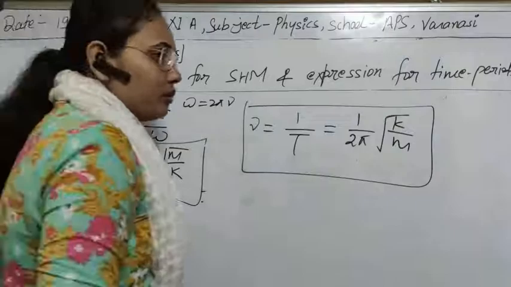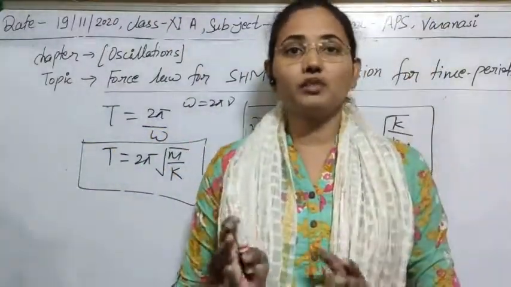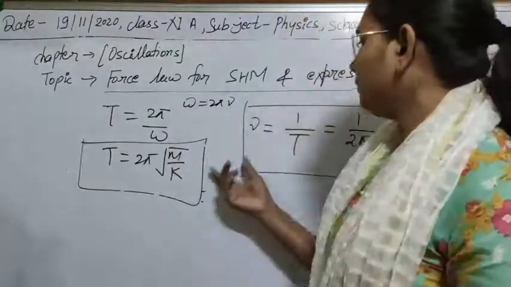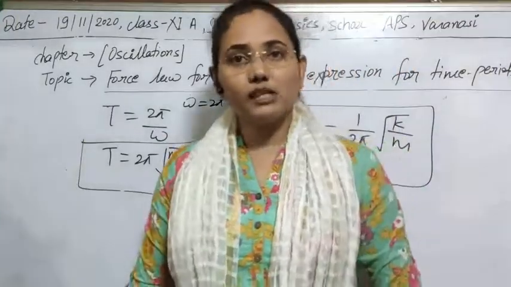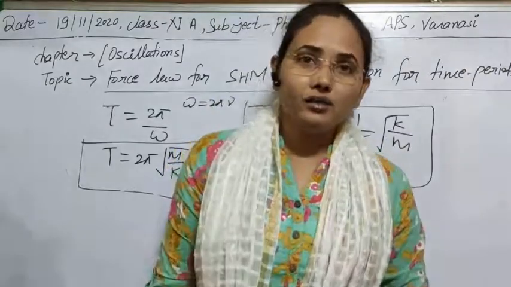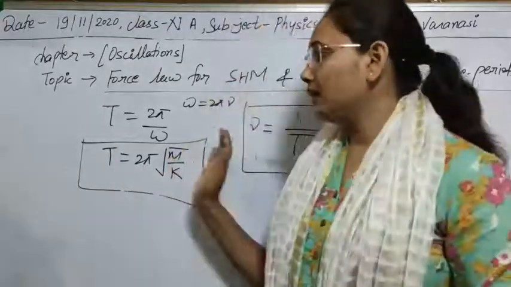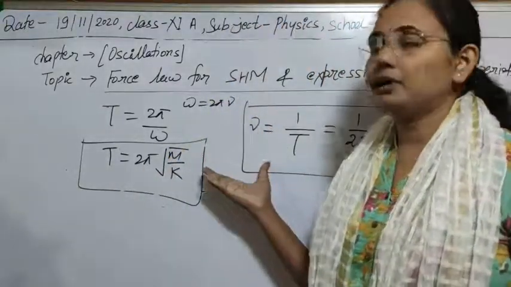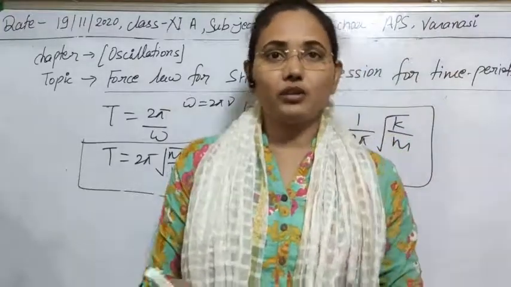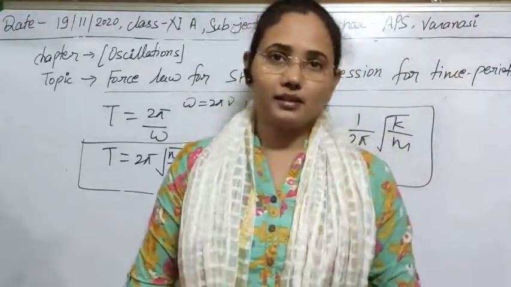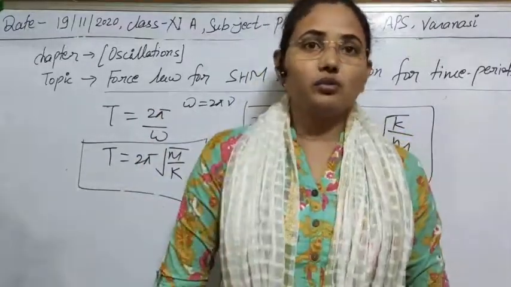So if you know the value of the force constant for the given body and also the mass of the particle, then with the help of it we can easily calculate the time period and frequency of the given oscillator. Clear? So we can easily calculate it with the help of simple harmonic oscillation derivations for the displacement, velocity, acceleration and other things. So I think in these discussions there is no confusion for you.